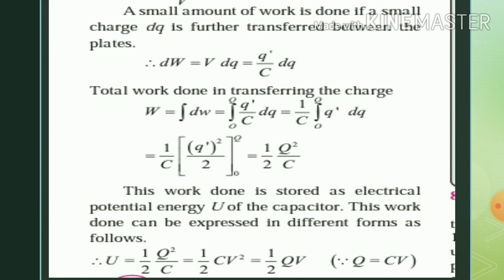In this chapter, the theory part is completed here, and the remaining theory part, that is the Van de Graaff generator, is reduced in the syllabus of academic year 2020 and 21. So the Van de Graaff generator is reduced for the HSC board exam only. So in this way, all theory parts of the HSC board exam are completed here.